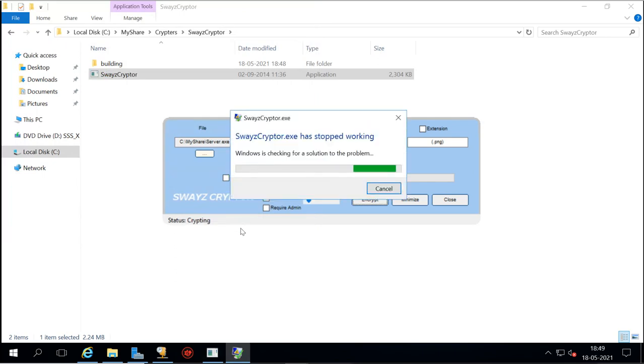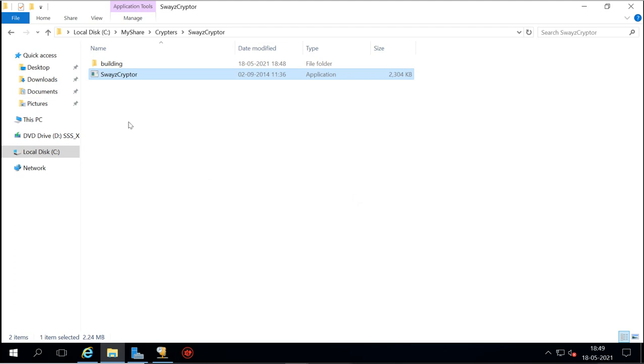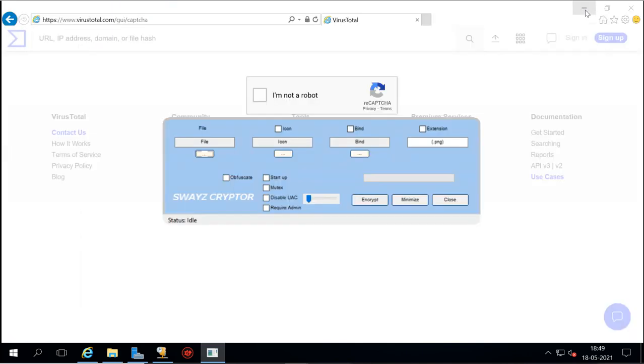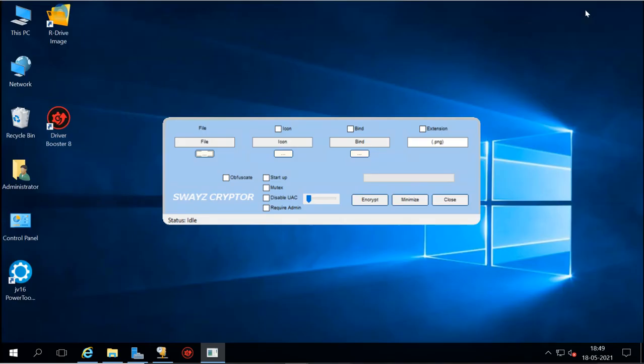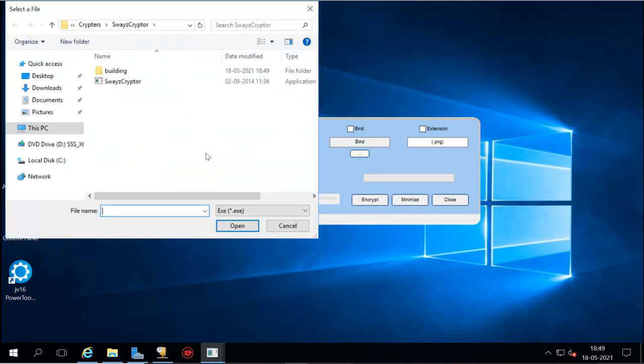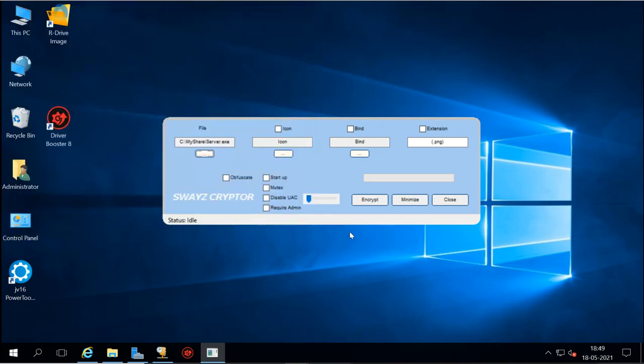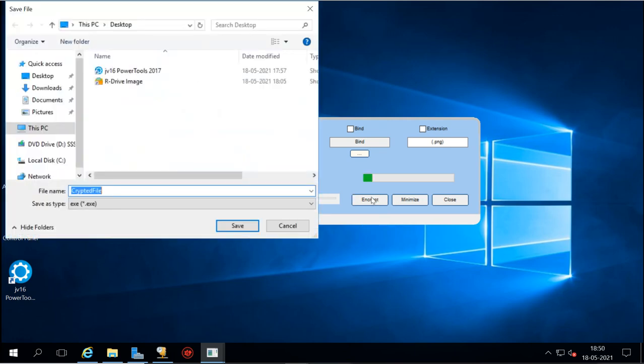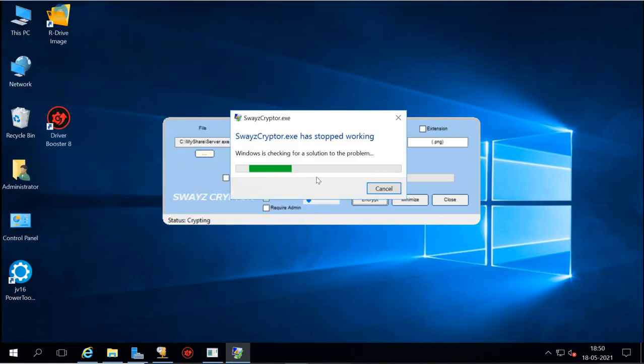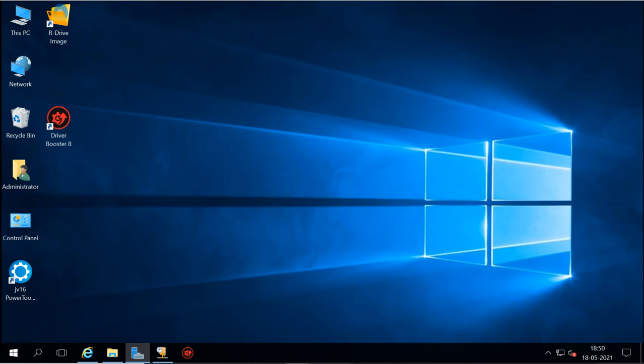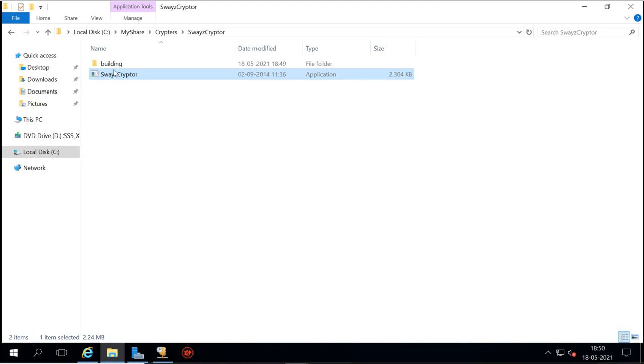Okay, it is not working properly. Let me see, is it created? It is not created. Again I will try. Now that cryptor is not working properly, but we can use these types of cryptors to do the encryption of